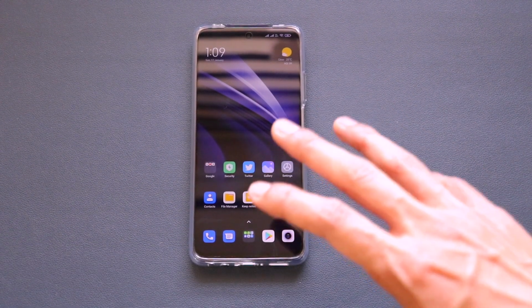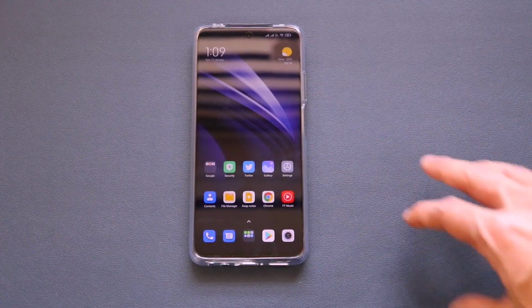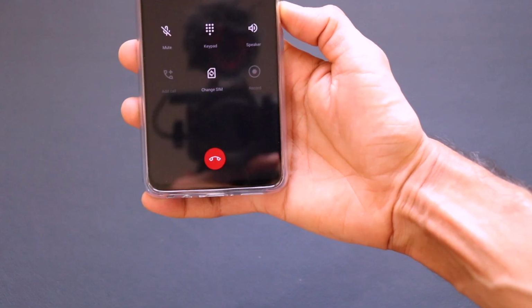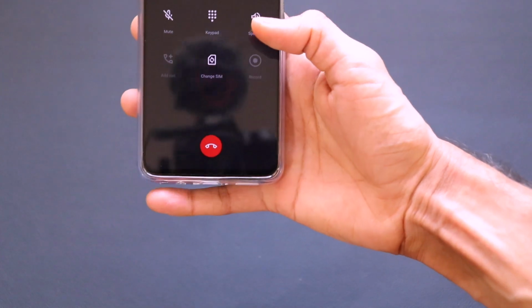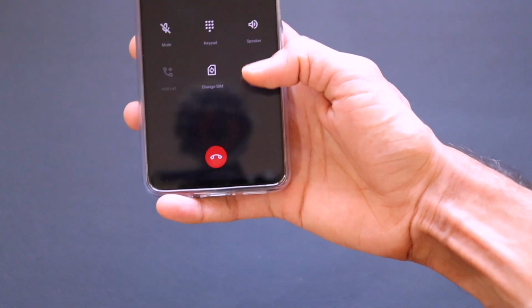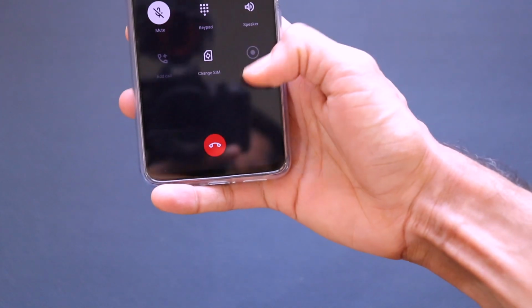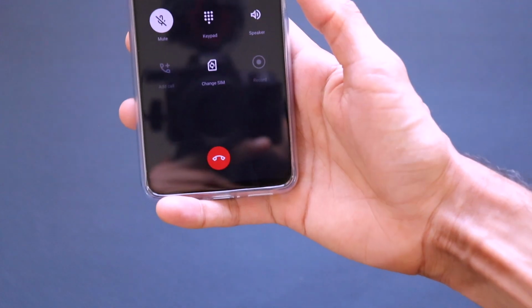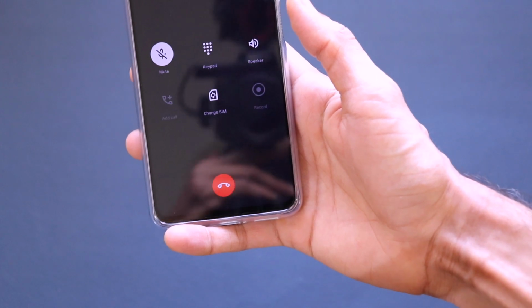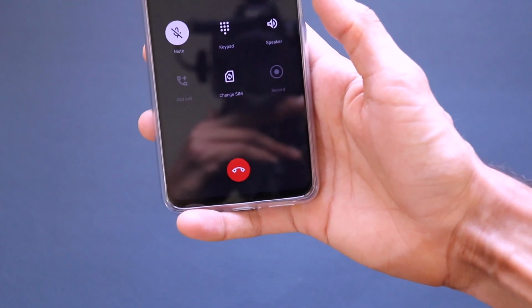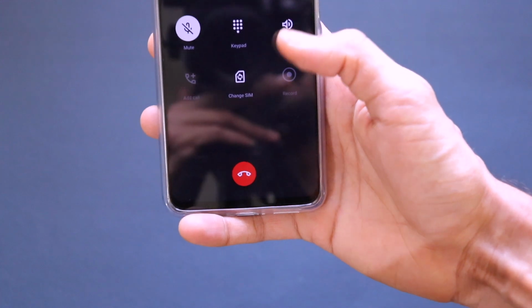In the Google Dialer application, by default, there is the call recording option. As you can see, I've dialed a number over here, and once the number gets connected, this recording option gets enabled. When it is enabled, you can easily record your calls, and before recording, Google will give a verbal prompt saying that this call is being recorded. That is a privacy feature present in the Google Dialer application.